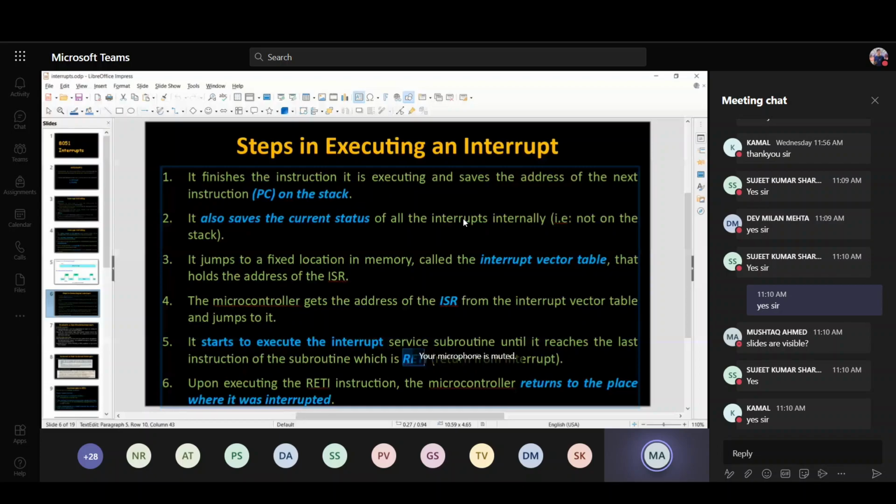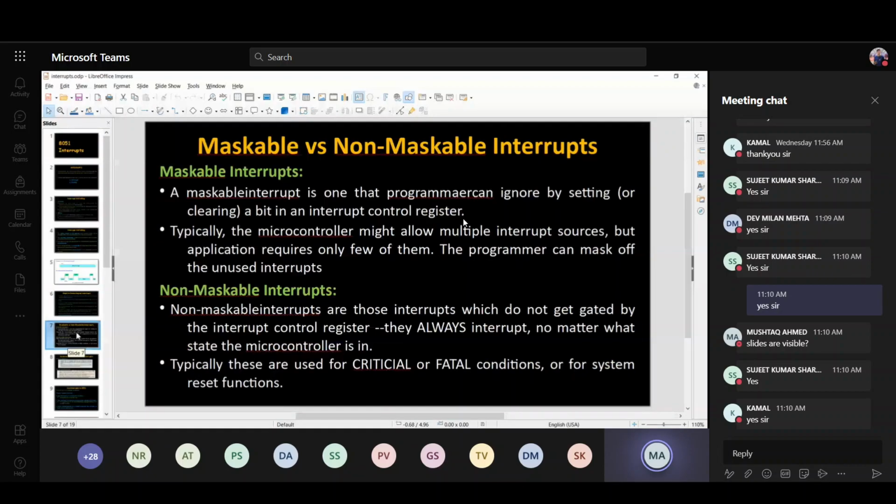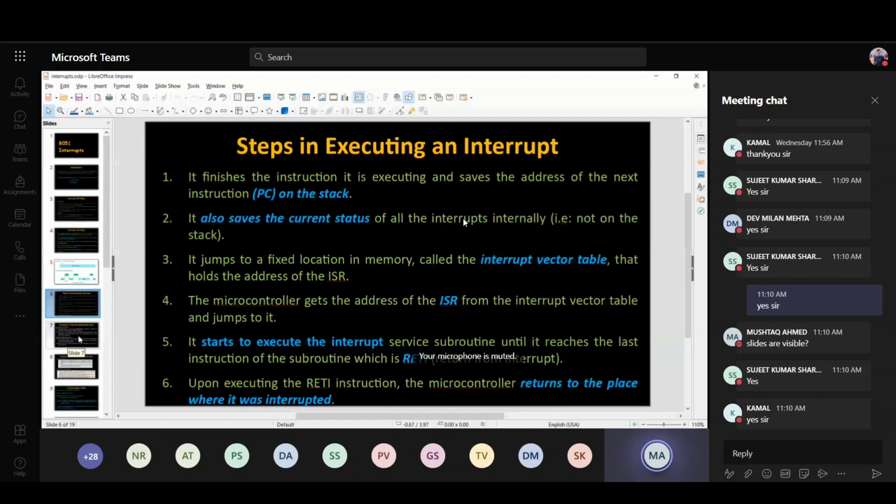Okay. So these are the main steps in executing an interrupt. Now, the types of interrupts, or classification of interrupts. Interrupts can be classified basically in three categories, two of which are already known: external interrupt or internal interrupt. External interrupts are those interrupts that are executed by external devices, peripheral devices, and internal interrupts are those interrupts generated by the internal devices.